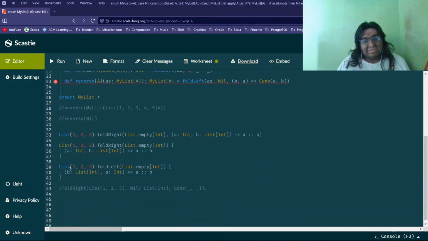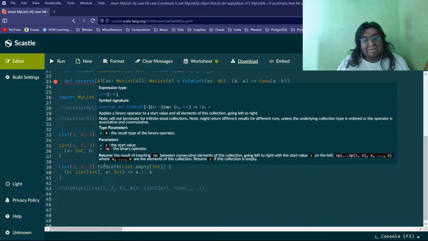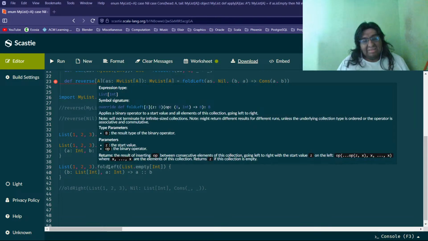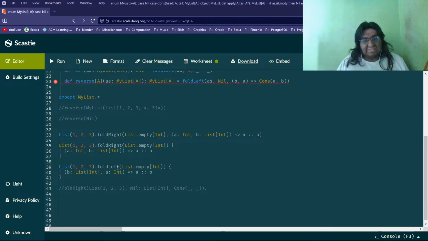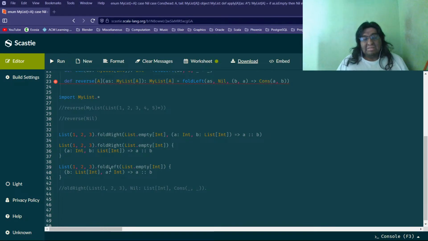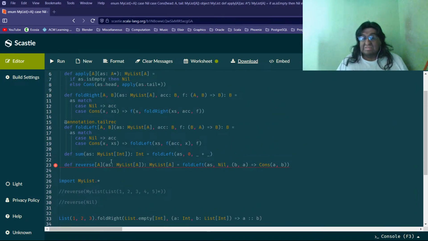We only demonstrated that foldLeft can be used to reverse a list. That's what we did at the end by using the Scala library. But we didn't solve the exercise,